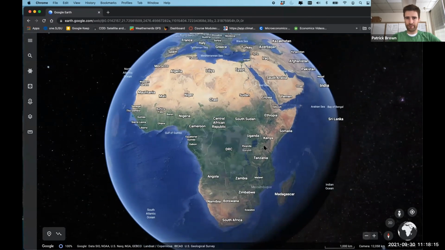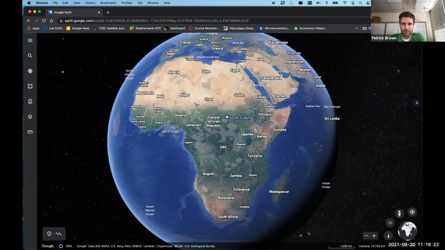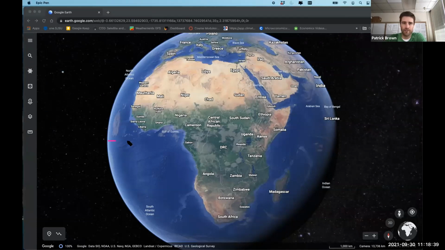Okay, so I like to start off looking at Africa here, because it has this very distinct pattern where it's green in the middle, and it's tan to the north and to the south. So the equator is right around here, and we have something in the climate system called the intertropical convergence zone. The equator is where the sun's energy is most intense, and so you get a lot of heating right at the equator, and you get evaporation and the movement of water up into the atmosphere, where it forms clouds.